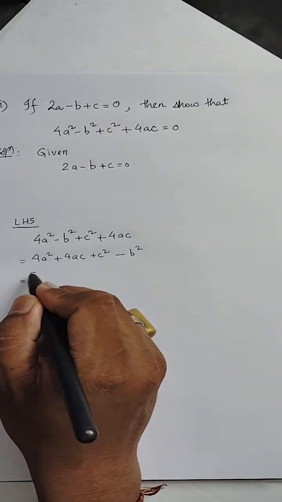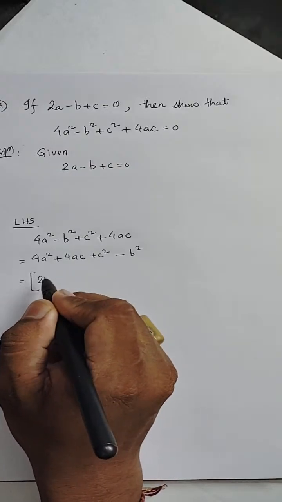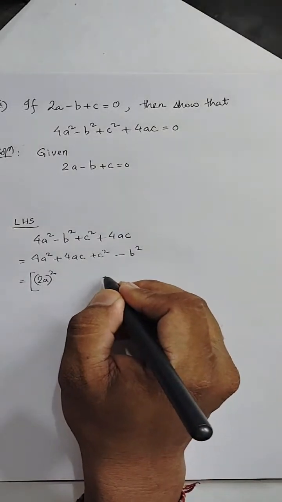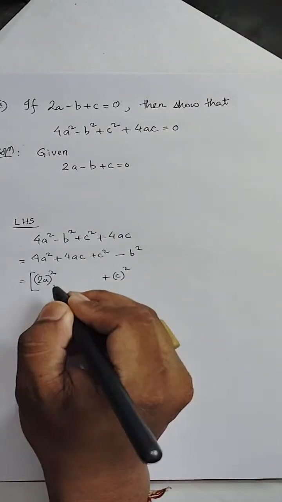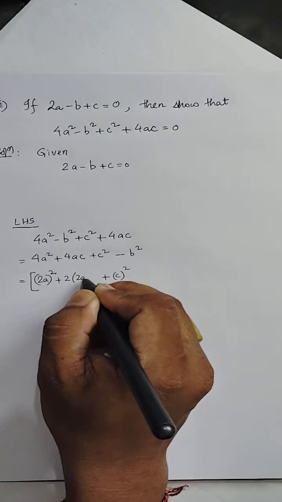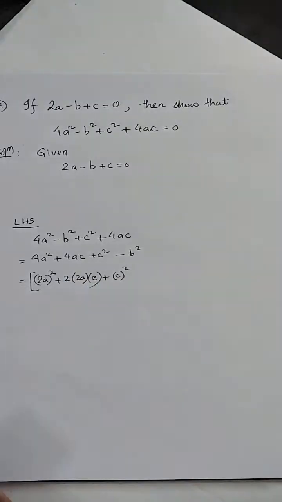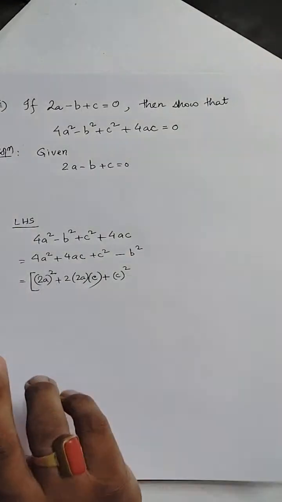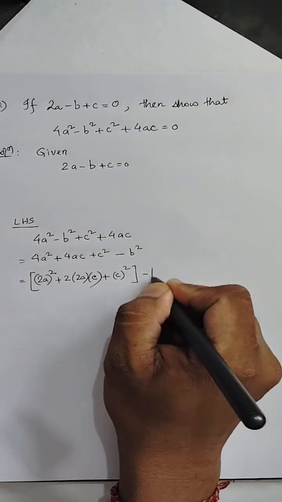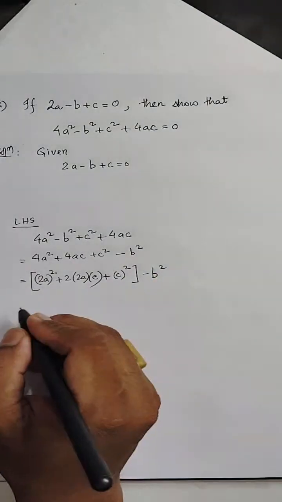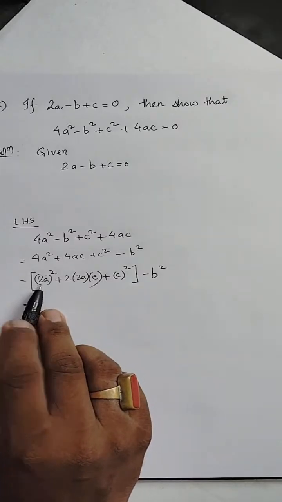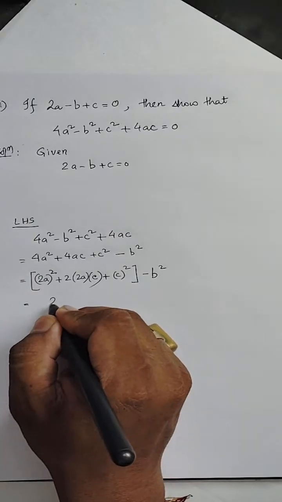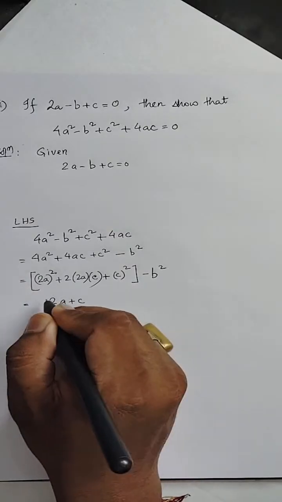I will just rewrite this. 4a square is 2a whole square. Okay, so c square is c whole square, so this is 2 into 2a into c. So if we cross check, 2 into 2a is 4a, a into c is ac. Okay, and minus b square. So if this is 2a whole square plus 2a into c plus c whole square, then this is obviously 2a plus c whole square